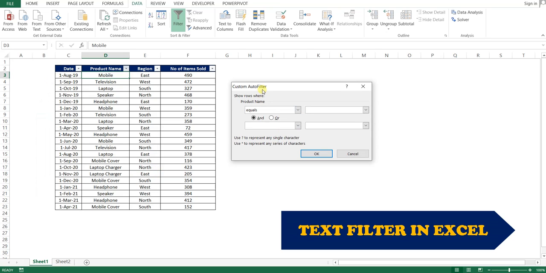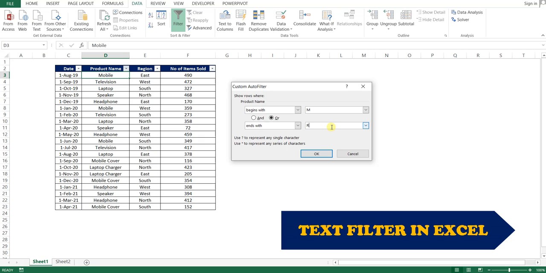In this case we can customize our criteria. For example, we can say begins with, and here we can change our options. If we provide begins with M, and here there are also two options, And and Or, we will select Or, and select another input which will end with the letter R. What does it mean?